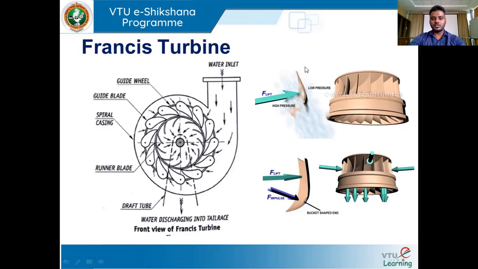So here, just because of the aerofoil shape of this runner blade, water which glides over the runner blade creates a differential pressure. The lower surface of this blade experiences high pressure, and the upper region experiences low pressure. Because of this difference in pressure at the two regions, it will produce a lift force. So this will make the turbine blade rotate at the required speed.